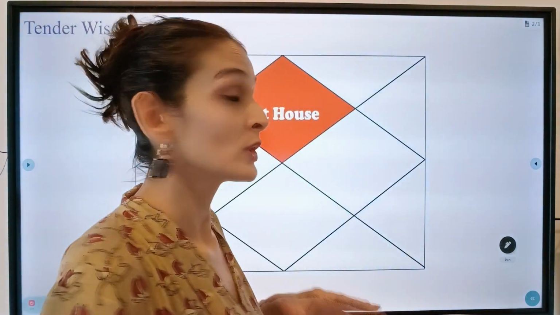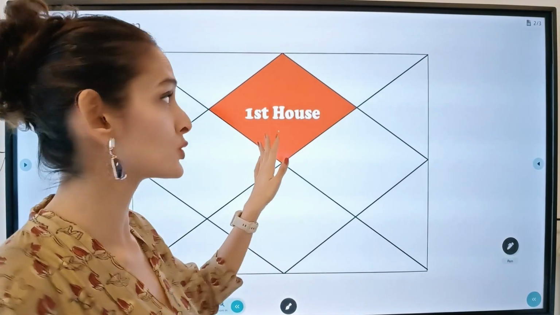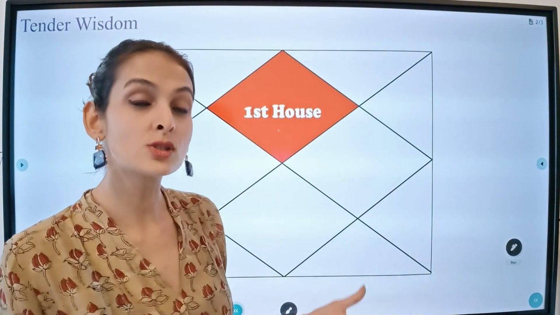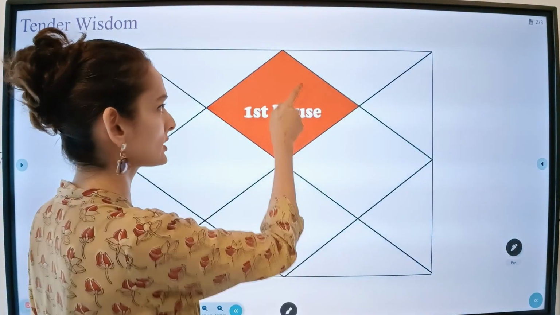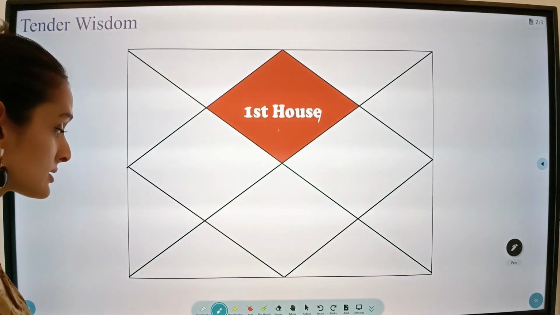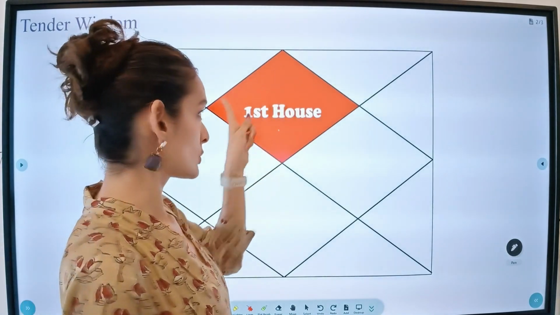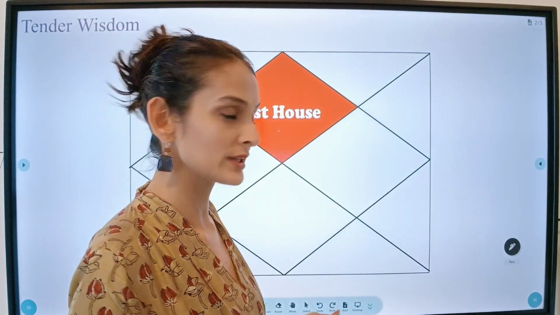Okay, so where is your ascendant? Like I said, this is the starting point of your horoscope. Here, this will be your ascendant. So what zodiac sign ascendant am I? Whatever zodiac sign is in the first house of this square. You will have numbers written in it, and I will go deeper into it when I explain it, but this